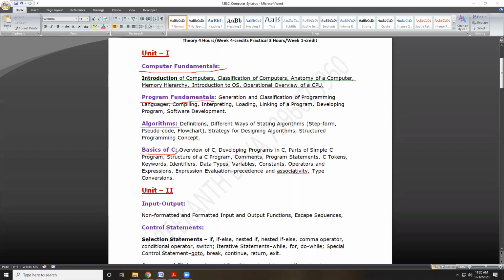The C programming language. There we discuss what C language is, an overview of C language, and we discuss in detail structured programming, how to write the program, how to compile, how to execute, and how to get the resultant output screen. We discuss it in detail. This is about unit 1, and coming to unit 2,